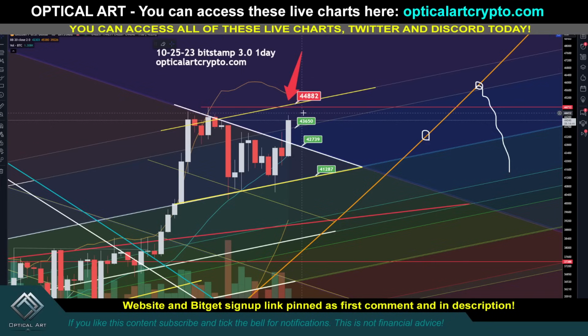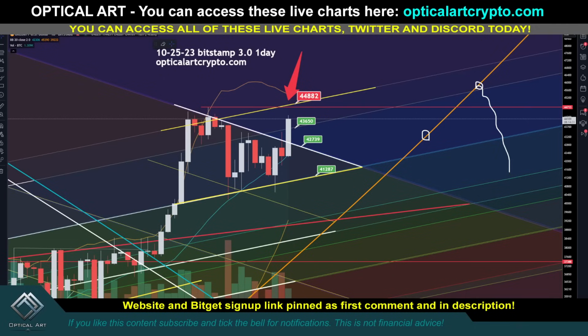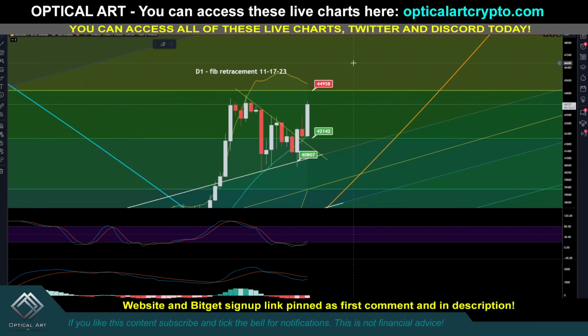If you're not in a trade now, I would not open a short or a long from here. That being said, we are at resistance right now around 44,300. So if you want to scalp a short with a stop above that, go ahead. Just know if we get above 44,300, then we are most likely headed to 44,800 to 45,000 to possibly get a rejection and start coming back down. If we get above 44,882, well, I can tell you this,